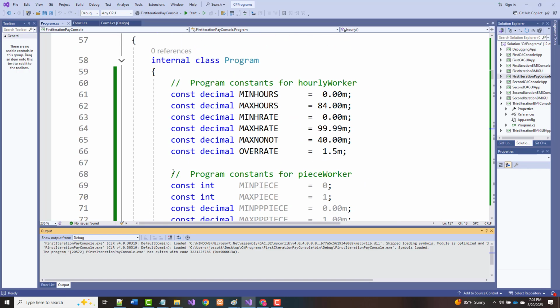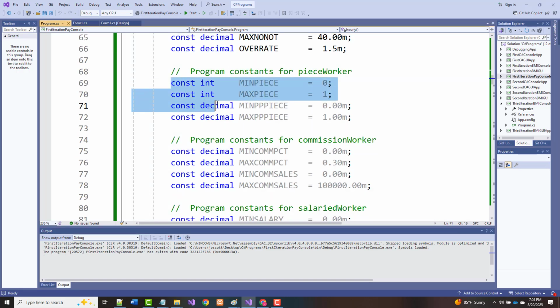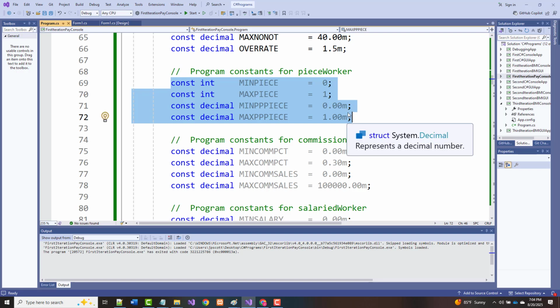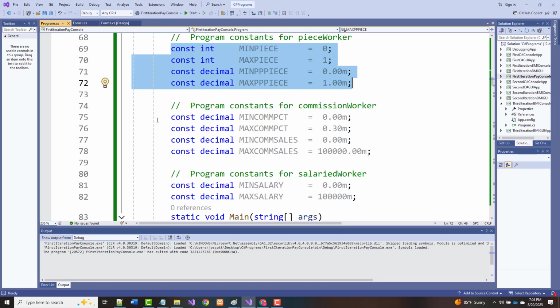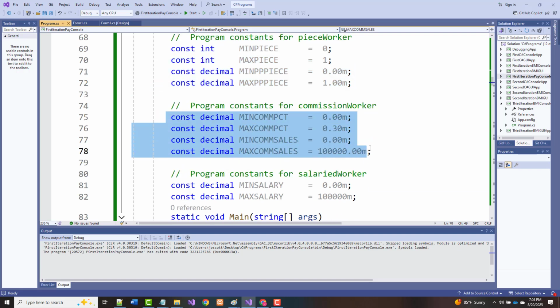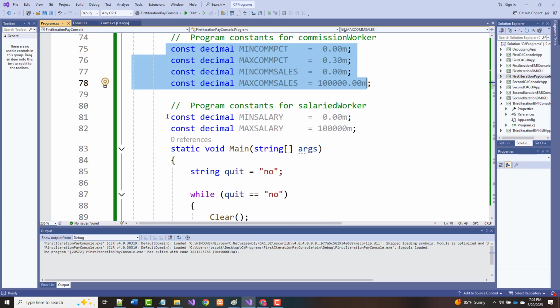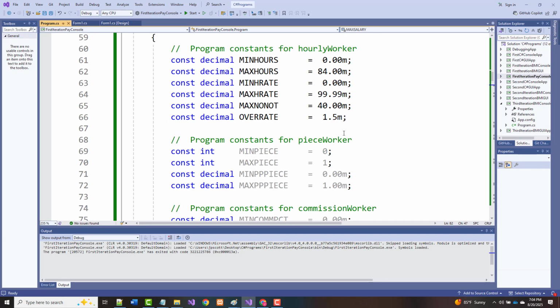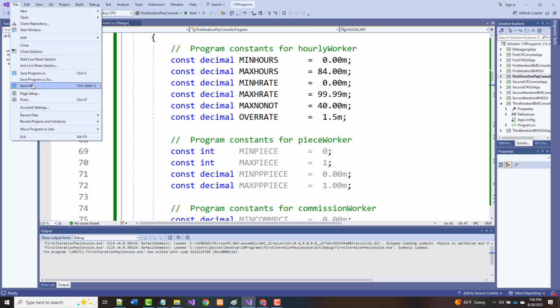All right, so in the next lecture, I'll do the piecework, which probably will go a lot faster. If time, we'll also do the commission, which should go faster, and this one is the fastest. All right, so that's the plan, is to go through all of this stuff. Okay, and again, I want you to watch me do something here, so I'm going to do a file, save all,